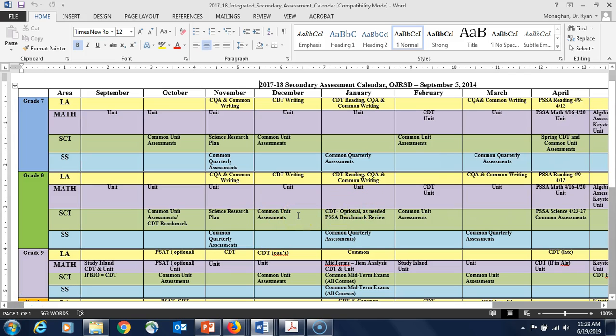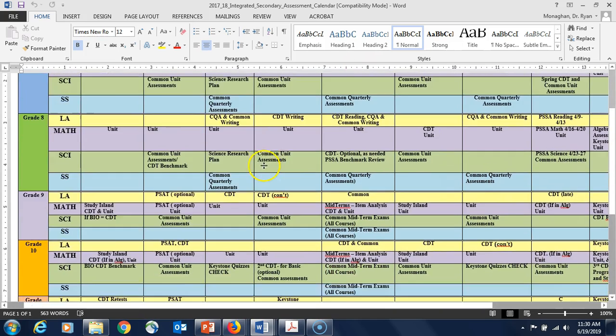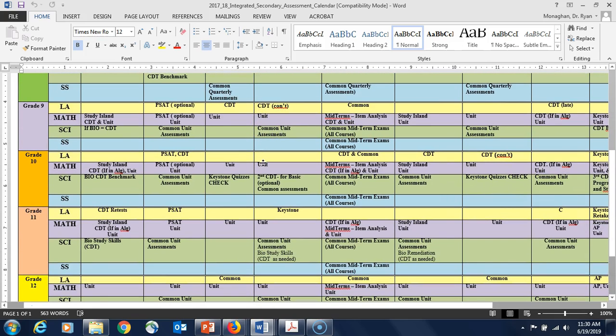So I thought while we're talking about assessments, you want to be thinking about a plan for assessment. So this is just an example, right on my screen here, that you can see that in each grade, in each of the core subject areas, there are specific assessments that are designed for looking at that. Are we meeting those state standards, right? We have course assessments, but we also have those common assessments across courses. So this is a way that you can monitor how students are doing.